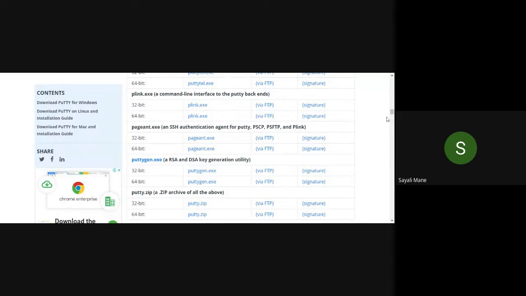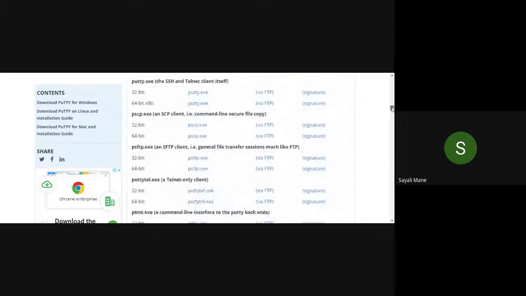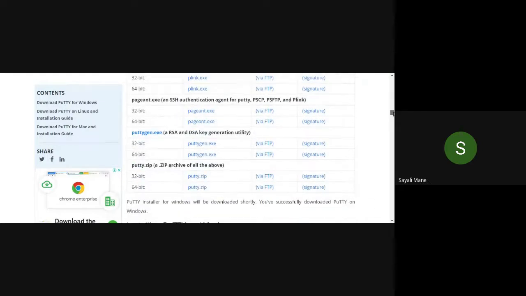Where was I? Okay, see here. Choose the appropriate Windows installer version and click on it. In that, for Windows 64-bit PuTTY, this one, MSI file. So click on it, and after that, just scroll down a little bit, and then there is a puttygen.exe. So click on this puttygen.exe.